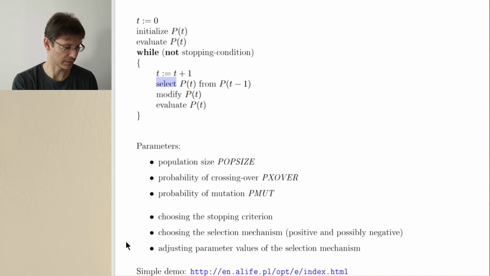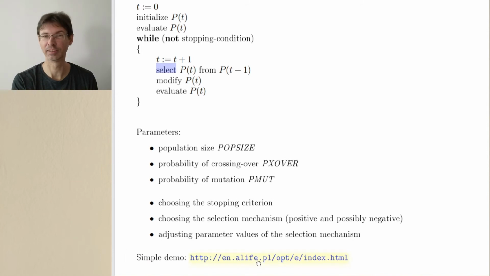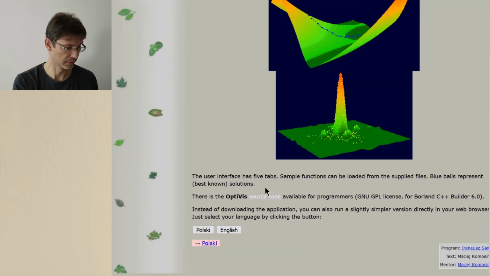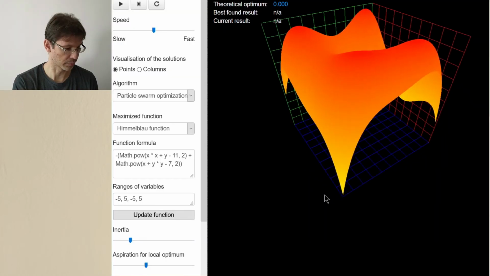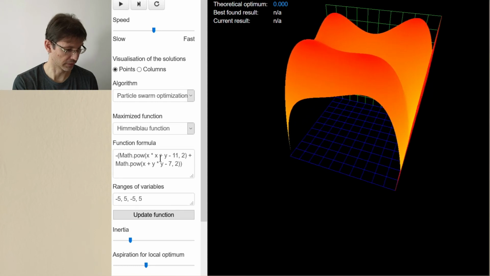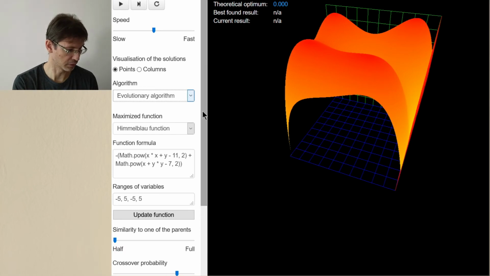And now we have a simple demonstration. This is this simple app that we already visited earlier. So you remember this page, we click on a button, and this is our app where we can choose and even write down our own optimization function. We choose the algorithm, which can be evolutionary.